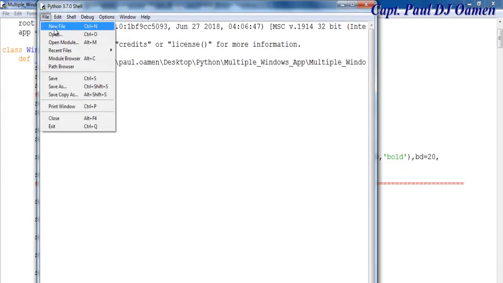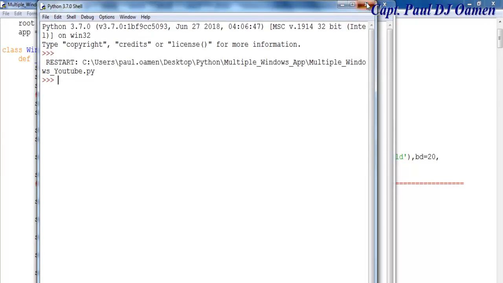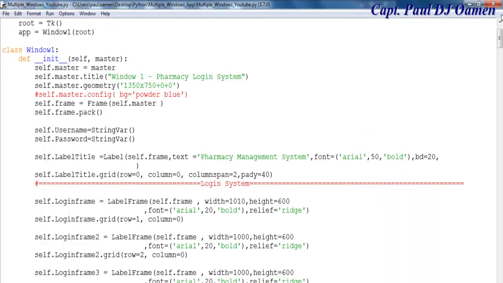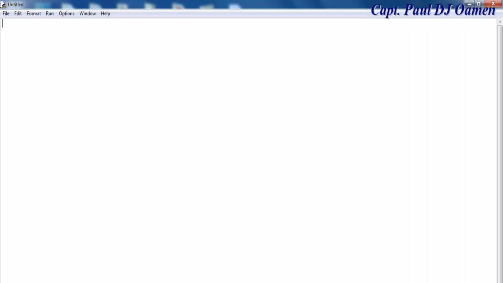So let's go to File, New. Okay, let's close all of these. We don't need them anymore. There, and let's start a new project. Okay, I'm going to start by importing the following. Let's say tkinter, import it all there, and import as follows. Okay, the next thing we want to import,